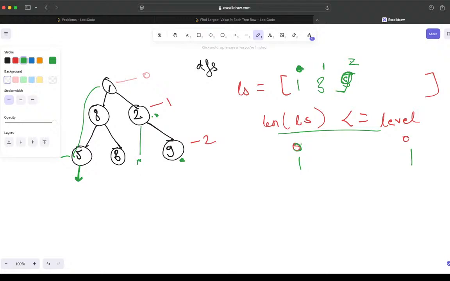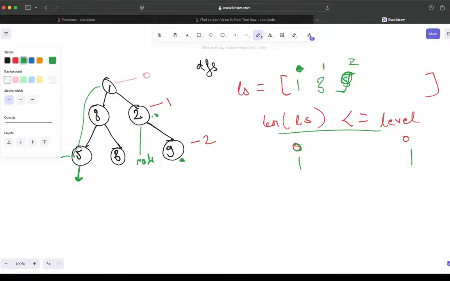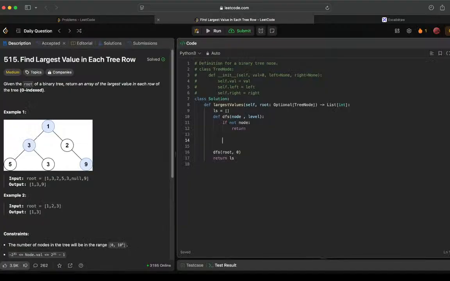So how are we handling it? Okay. So if not node, we will simply return. Okay. Now, for this condition, length of ls is greater than level. So let's say if our level is greater than or equal to len of ls,